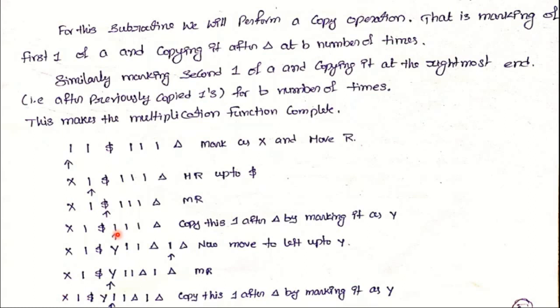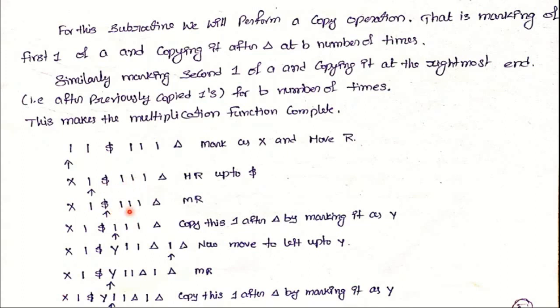We consider the first value from variable A, that is 1. This one can be marked as some external symbol, like X, and move to right. Why are we moving right? To observe and copy whatever the values of B. All those values can be copied at the end of the input tape. For that purpose we move right. In this process, in case any ones are read between the recently marked symbol and dollar, these all belong to variable A. These can be skipped. We should not perform any operation.